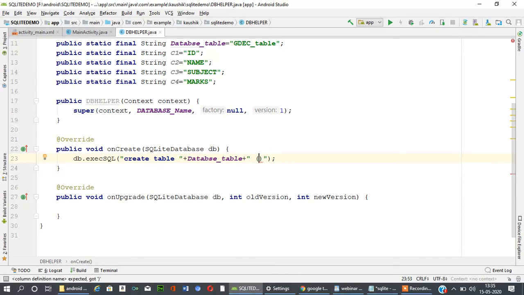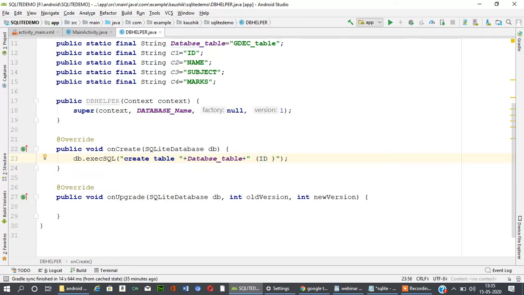The first column is ID. If you want to write C1, C2, C3, then also it is okay, but here I directly write ID.